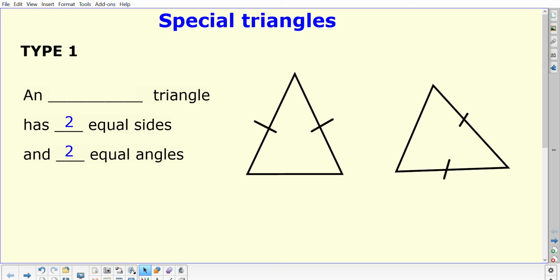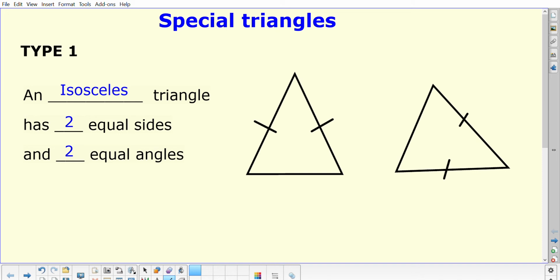So in this next angles lesson, we're going to look at some special triangles. First of all, we're going to look at a triangle where we've got two equal sides. Hopefully you know that the name for a triangle with two equal sides is an isosceles triangle. As well as having the two equal sides, which is these little dashes, there are also